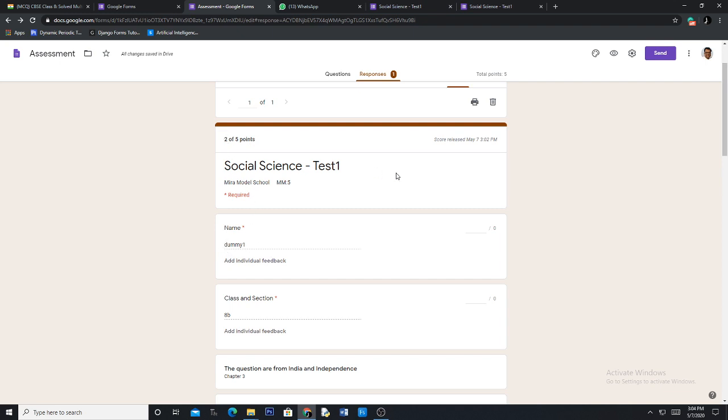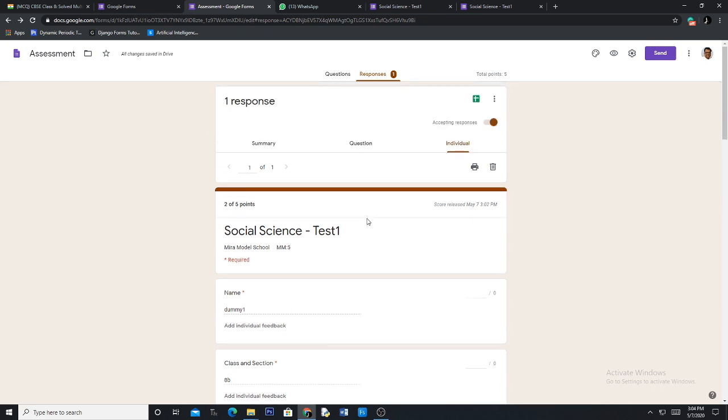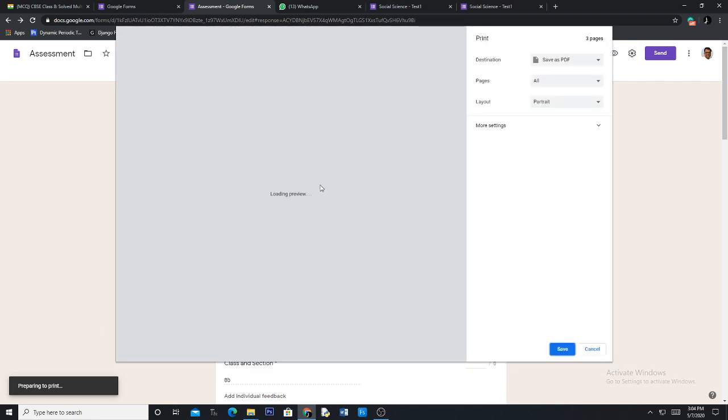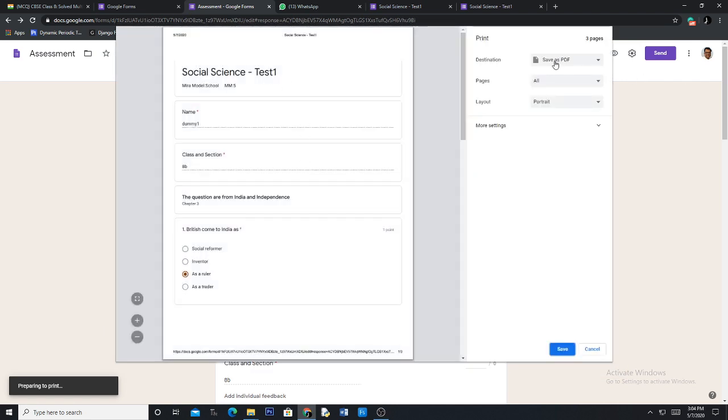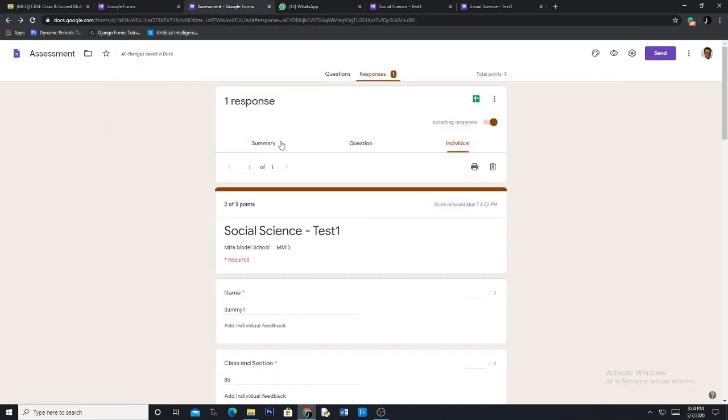Already it is checked. So that headache of checking the questions, whether correct or wrong, and giving marks has gone from the teacher. And even this answer sheet can be saved. If I click on this, I see save as PDF, I give a name and say save, and this whole corrected answer sheet will get saved. Corrected, remember.